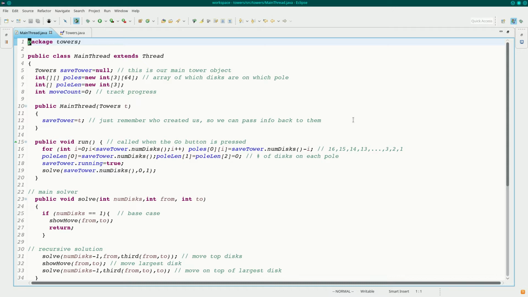So let me just show you a use case for Towers of Hanoi. And there's some details in here that are annoying and not really critical. But